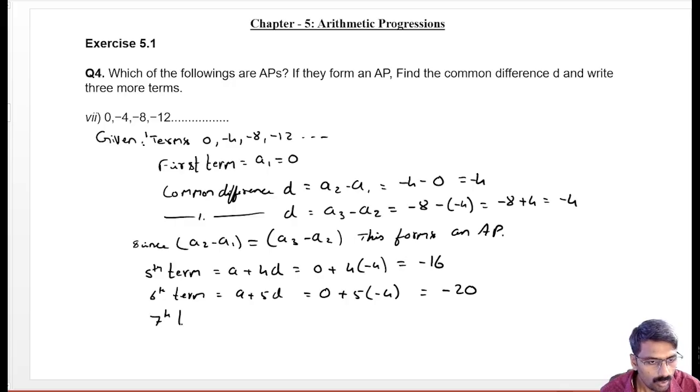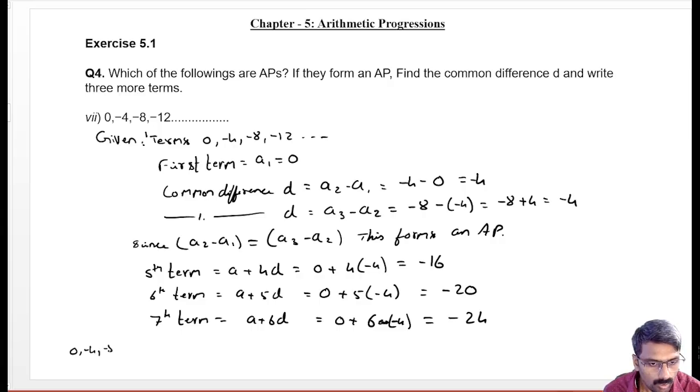And seventh term is equal to A plus 6 times D, that is equal to 0 plus 6 times minus 4, which is equal to minus 24. So this is our final seven terms, and final answer can be written as 0, minus 4, minus 8, minus 12